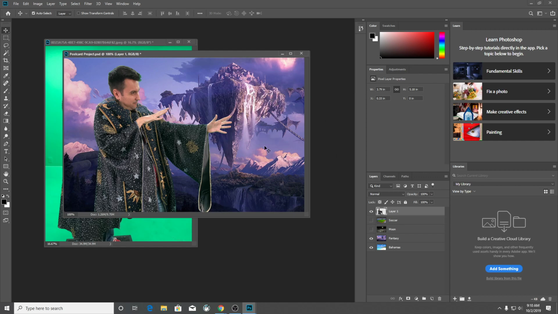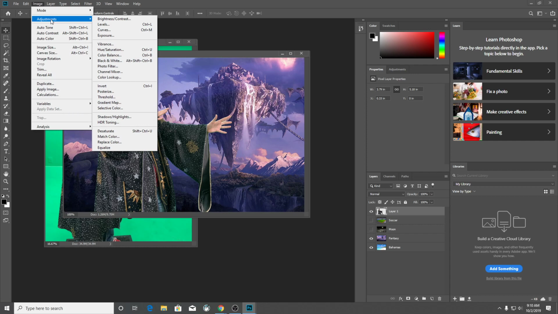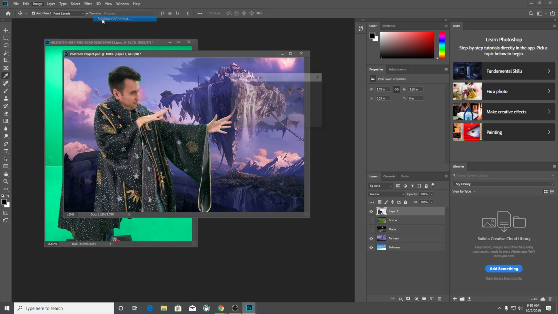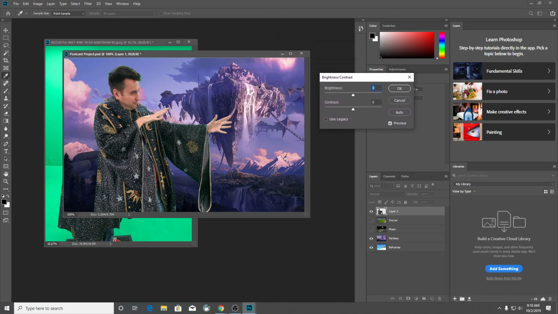Now, what I'm going to do now is make the blend better. Notice this background, the color scheme is really purplish, right? But I am not so purplish. So we're going to use 3 tools to try to make myself blend to the background. All these tools are in Image and then Adjustments. So I'm going to go to Image and Adjustments. The first tool I'm going to use is Brightness and Contrast. So I click on Brightness and Contrast, and then I'm going to play with Brightness and Contrast till I match the background better. So if I take the brightness down,